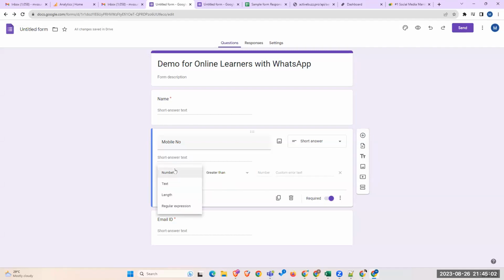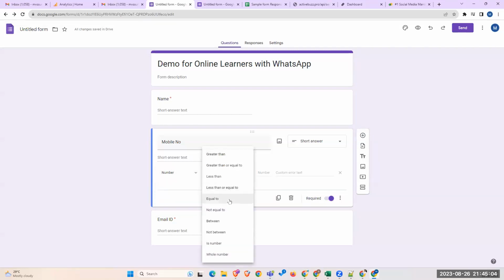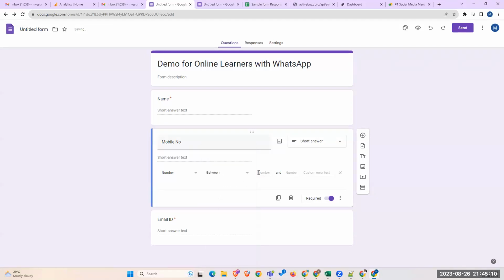Right, so here I'm selecting mobile number. I want to make sure it's a 10-digit mobile number. So I can come here, a number between 5 and 9: 1, 2, 3, 4, 5, 6, 7, 8, 9, 10. Okay, starting with 5, because these days mobile numbers start with 5. Then 10 times 9, 10 times for the mobile number I'm putting. Again, please enter a 10-digit